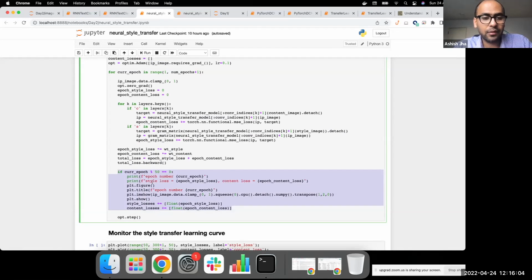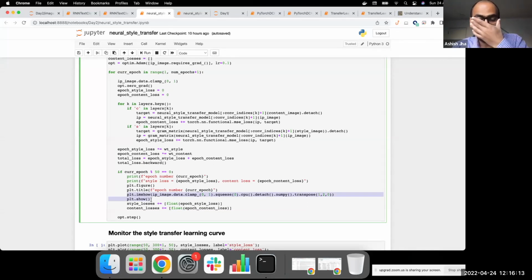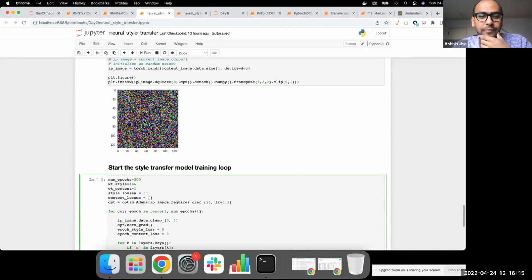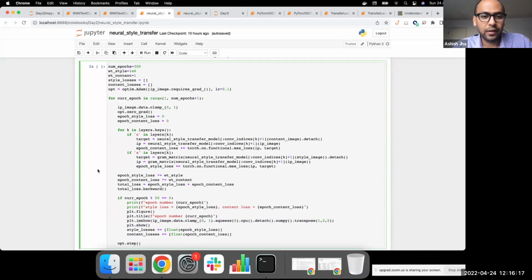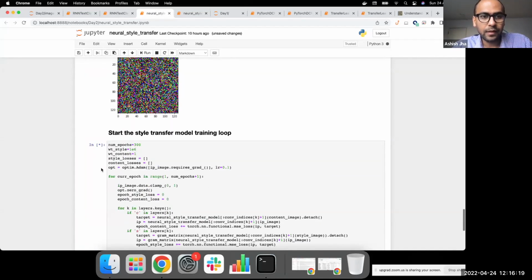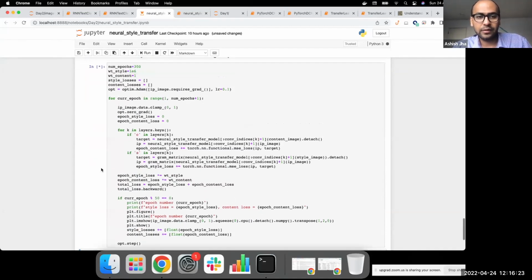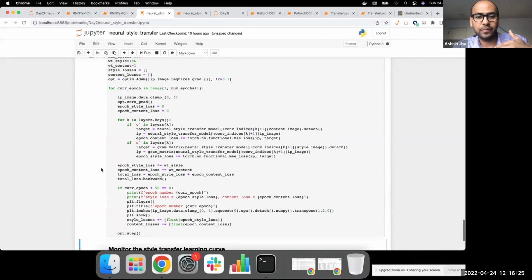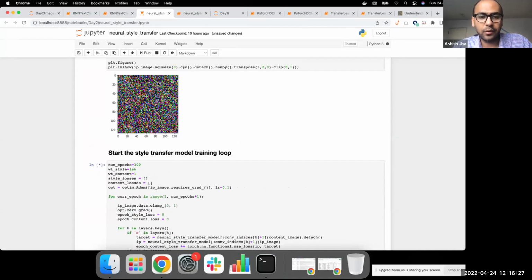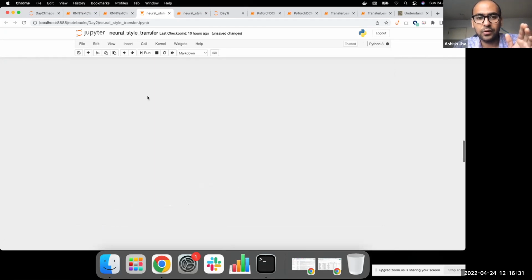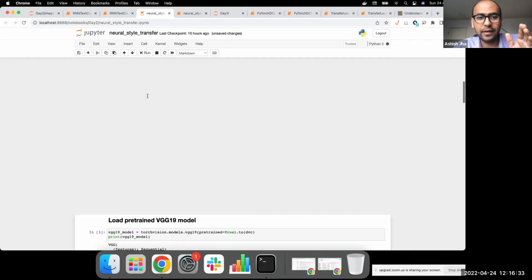At every 50 epochs, I show the statistics for the model, but I also plot how our resulting image, the image that we have started with as this noise, starts to look. So I'm going to run this now, and you will see in the form of progression across the epochs how this input image, which is just pure noise, starts to learn from your style and content images.